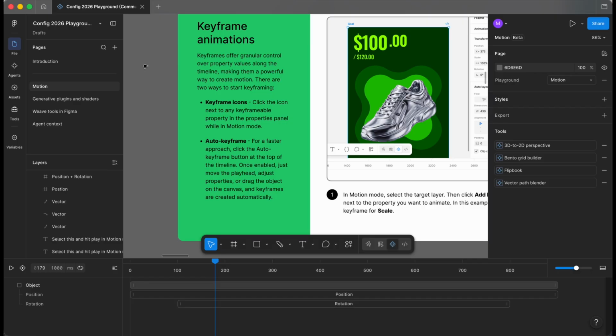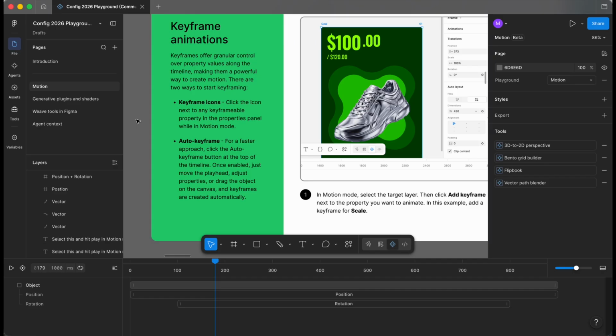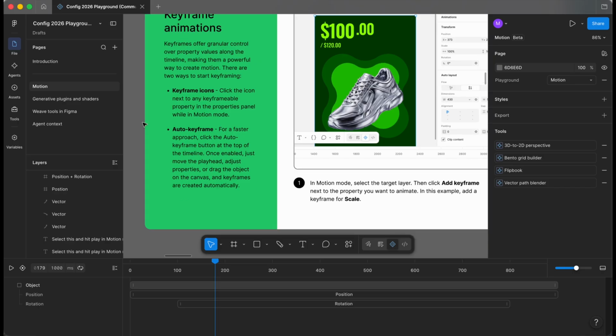There are 2 ways to start keyframing. Okay, so keyframe icons: click the icon next to the keyframeable property in the properties panel while in motion mode. Okay, auto keyframe: for a faster approach, click the auto keyframe button at the top of the timeline. Once enabled, just move the playhead, adjust the properties or drag the object on the canvas and keyframes are created